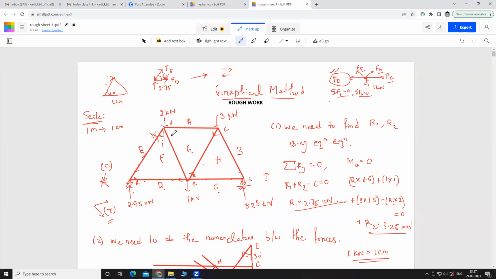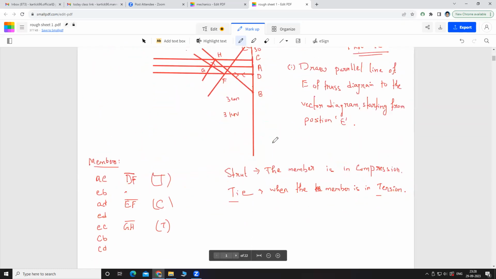Now for this one, take this point D or C, whatever. If you take this one, 2 unknown, this one is given, so you can find out for A. Fine. So that is the method of joint. Method of joint means you need to write the equilibrium equations at the nodes. Now let us check the method of section. So for that,